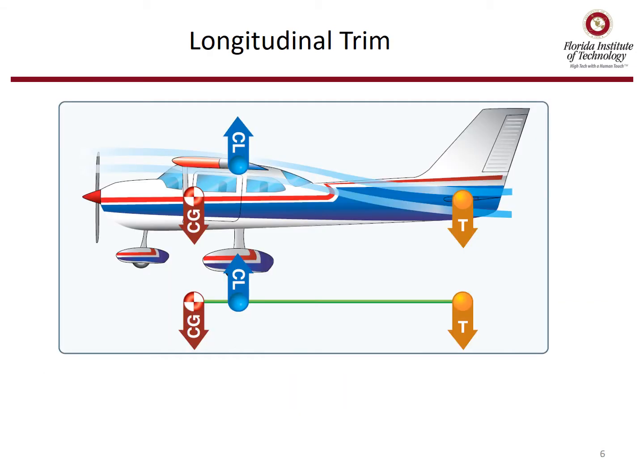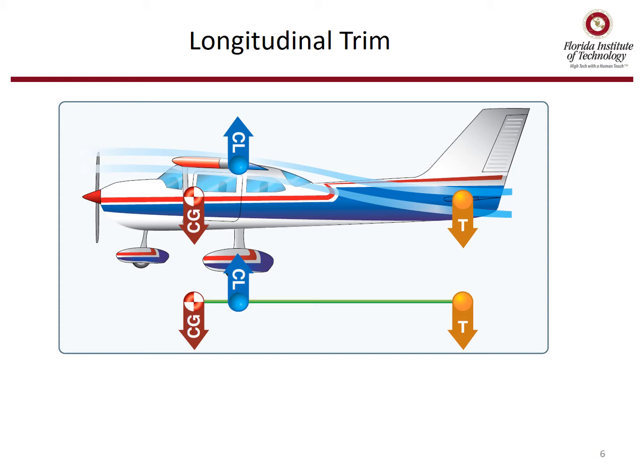Now, let's look at longitudinal trim. So here's an aircraft flying straight and level. It has a center of gravity called CG, and that's where the weight vector acts. The main wing generates lift. You can see this CL, that's the coefficient of lift generated by the main wing. And then you see a downward vector of the tail lift. So when we sum the moments about the CG,